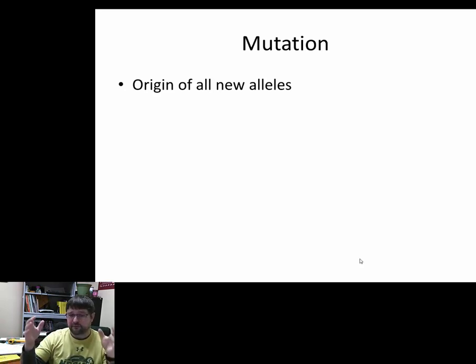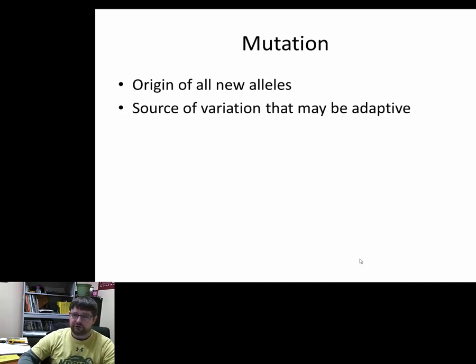Now when they do, and they're beneficial, then they're quickly acted upon by natural selection. And so the individual will reproduce more offspring with that mutation, and their offspring will have more offspring with that mutation, on and on and on, and you get this big shift and a quick adaptation to a new environment through natural selection, or in some cases it's not natural selection, but sexual selection. So you might have a mutation that the female of the species is attracted to, and she picks that individual all the time, and then their offspring are picked by other females, on and on and on. Okay, so the origin of all new alleles comes from mutations.